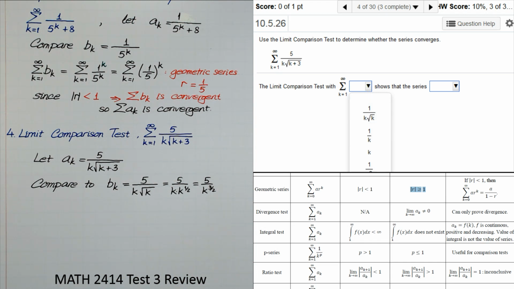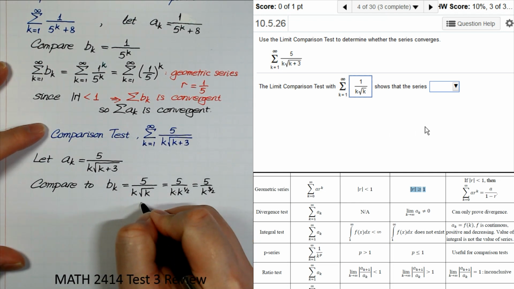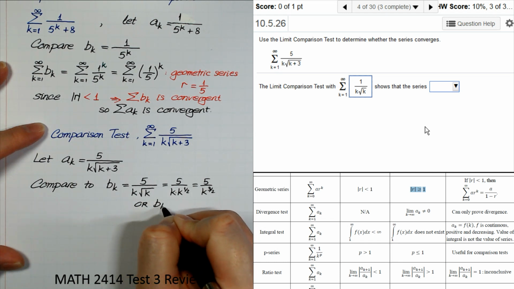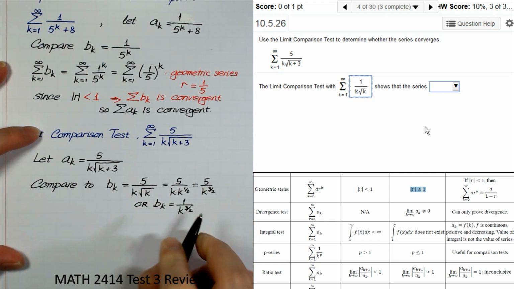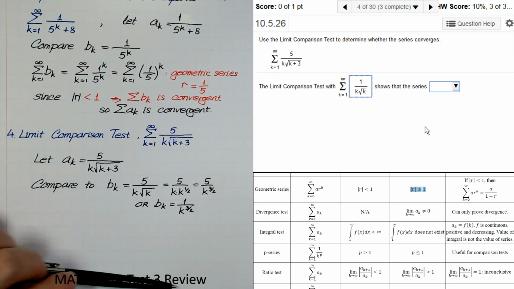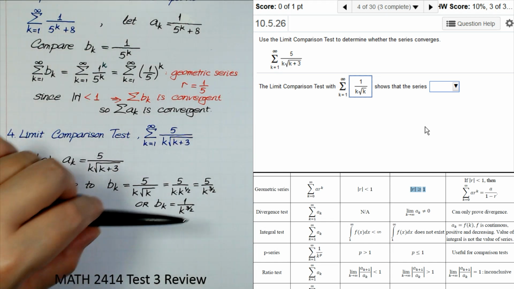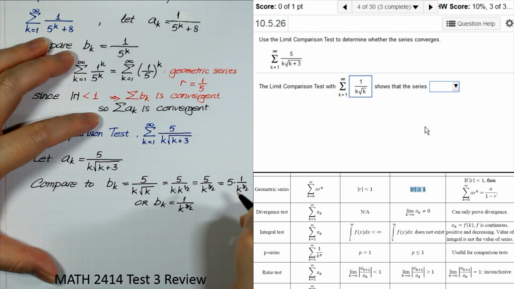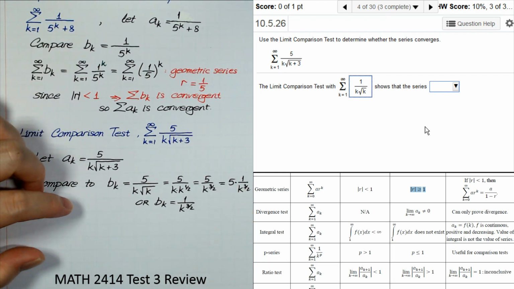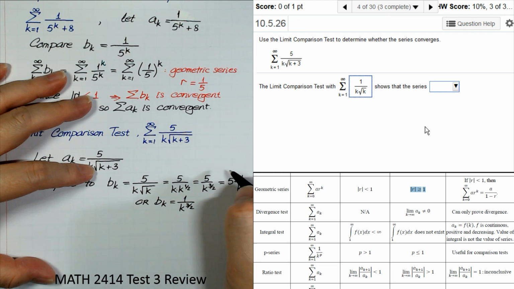Or we just say 1 over k to the 3/2. If the number doesn't really matter, what I mean is this: we can have 5 multiplied by 1 over k to the 3/2. The constant multipliers here we can ignore, and we'll just take this part